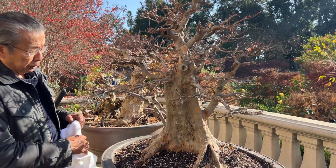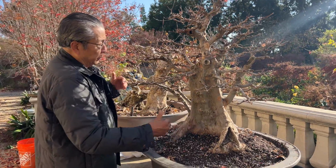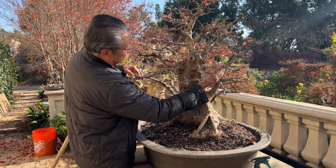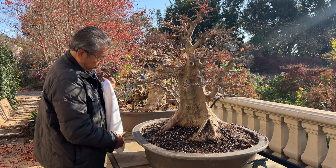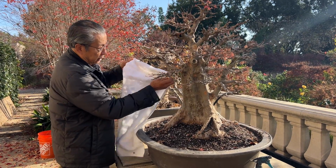I also want to show you what I did. I oriented it a little bit to give it a little more depth and show the hole a little up in the front, so that you can see the hole up front as well as this side branch in the future. The modification I would make is I will air layer these three branches. And you can see from here,